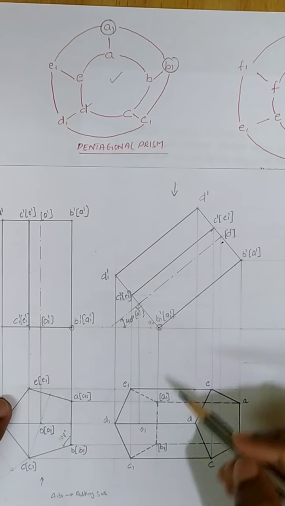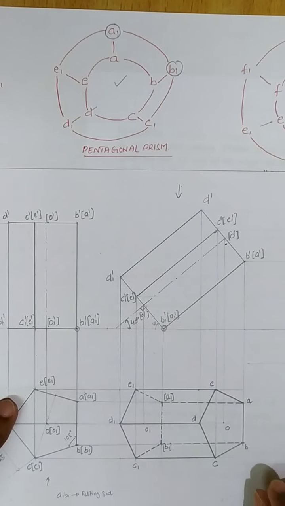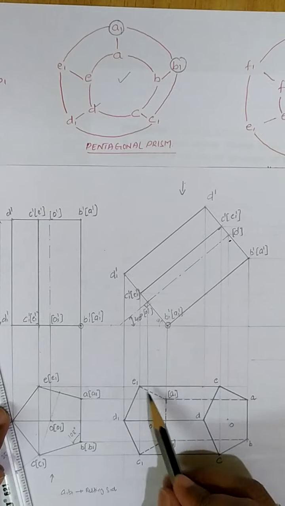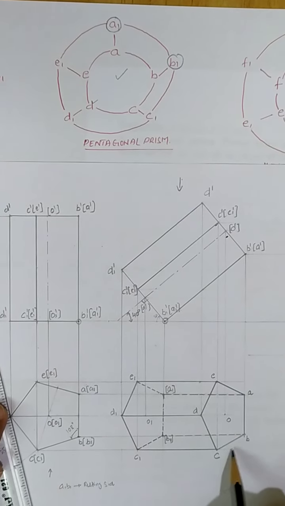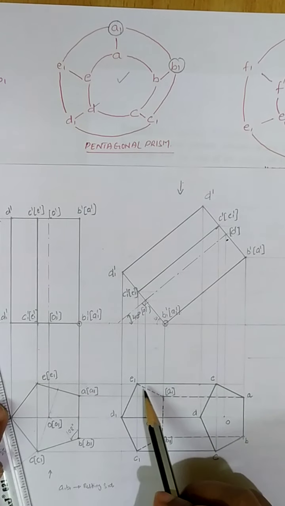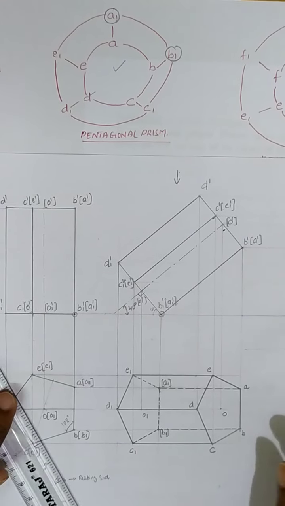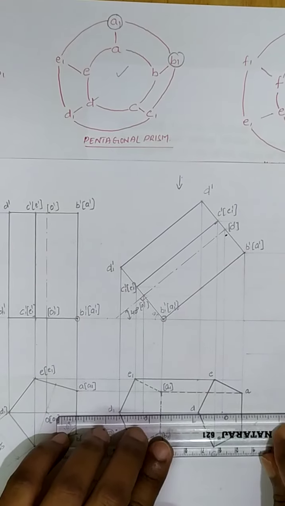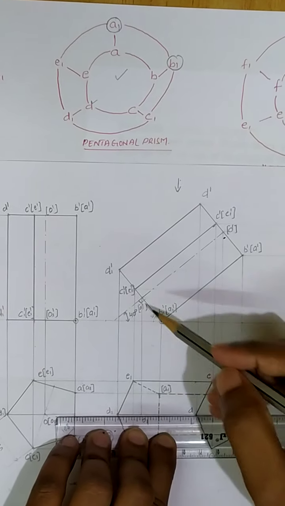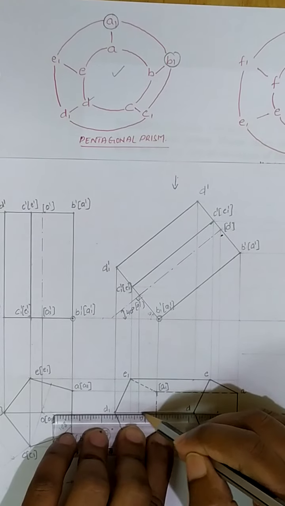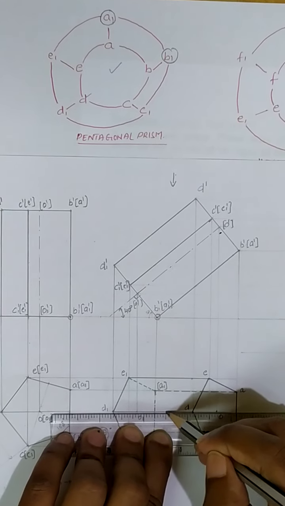So these two corners are hidden corners. From the hidden corners we have got the hidden lines. Once after completion we need to check each and every corner for three lines. If I go through all the corners, we are having three lines. That is how we will say that we have drawn it correctly. Now the remaining item is the axis. You draw the axis line as a thin chain line.